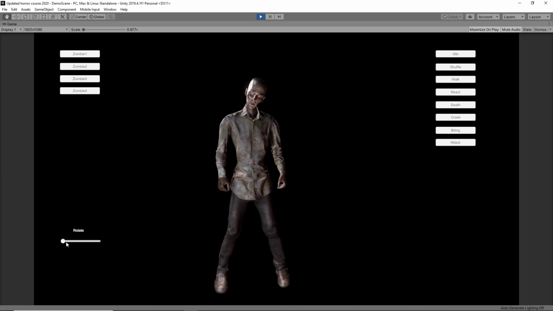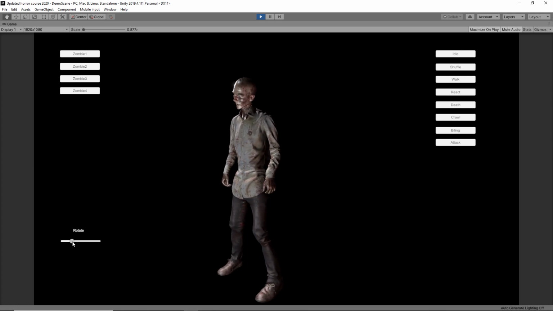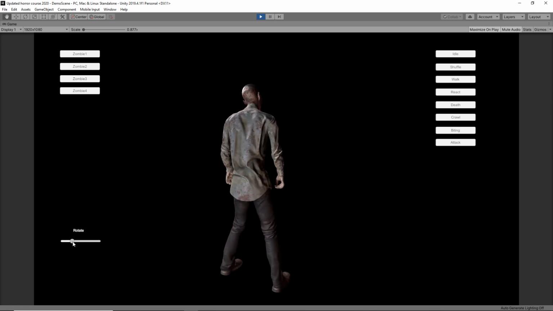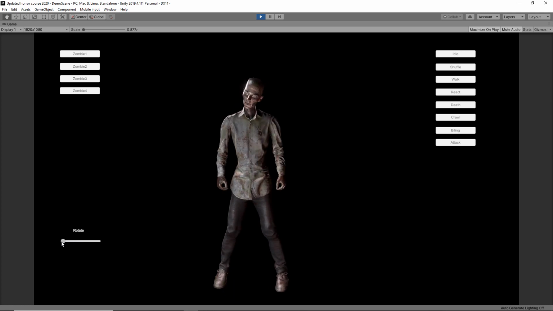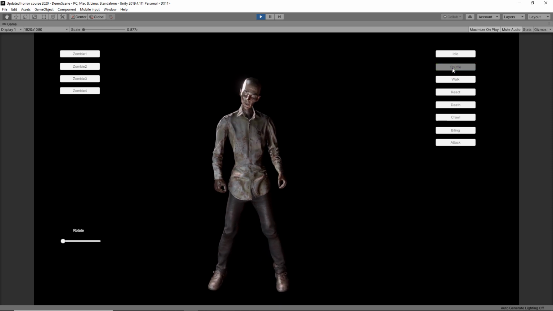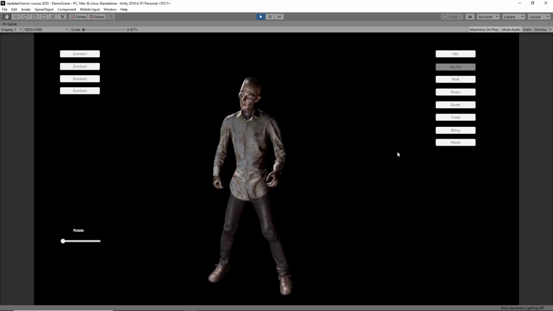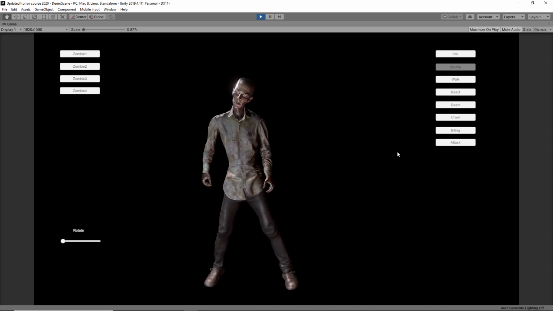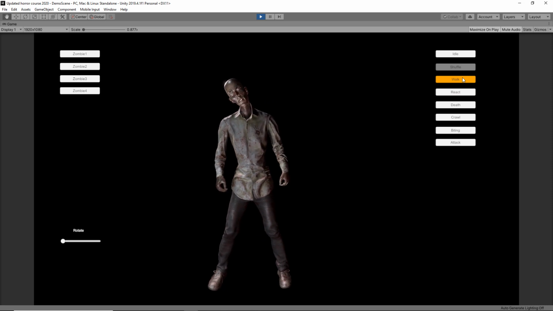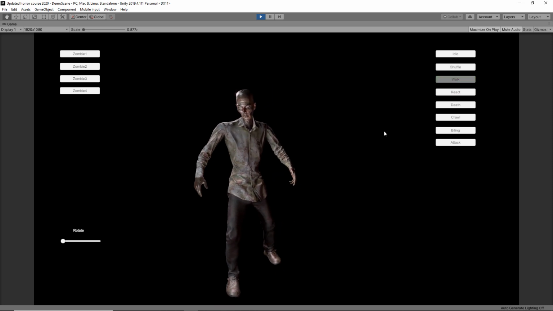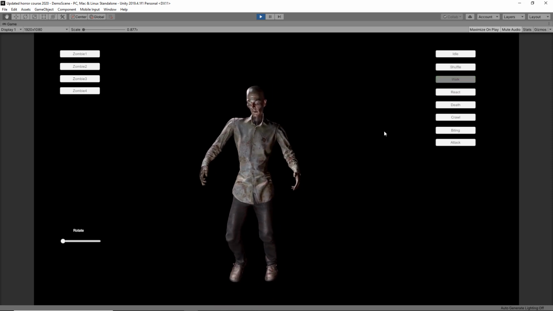Okay, so this is zombie number 1. I'm just going to rotate him around so you can see him from different angles. I created the skin textures in Substance Painter, and he's got a variety of different animations. So he's got like a shuffle animation, and then kind of a serious walk,